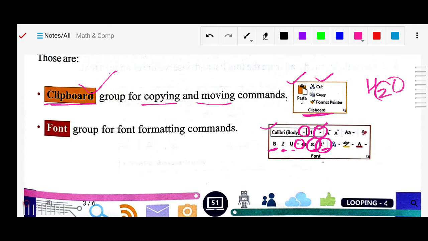So first of all, you have to select this 2 and apply subscript, so that this 2 will be below your base text. Whatever your text is, this one is the base text. Below it, you will see that it is a little bit smaller and placed below the main text.